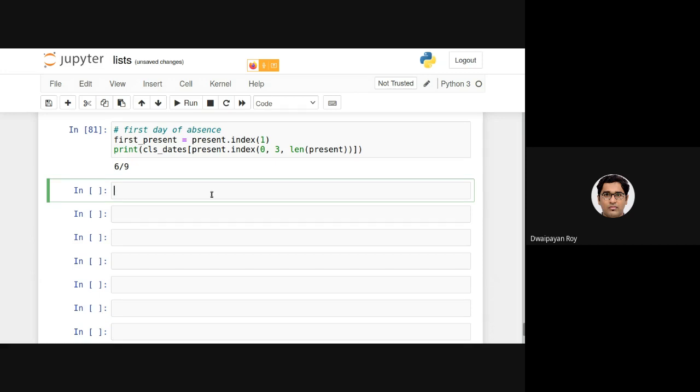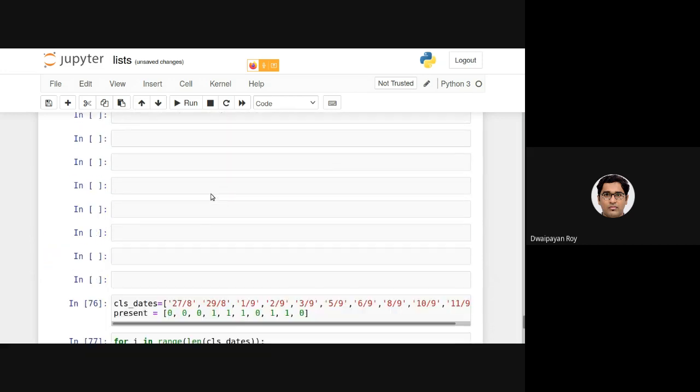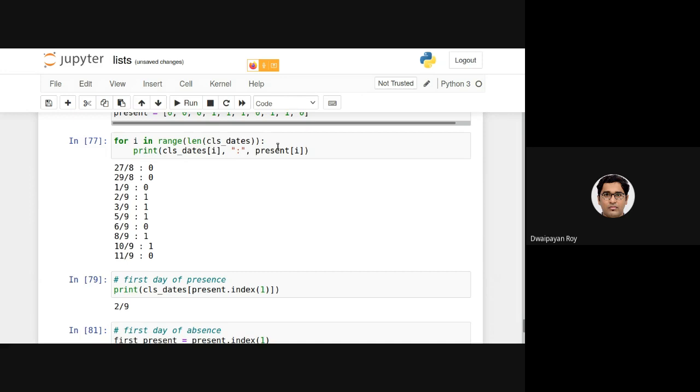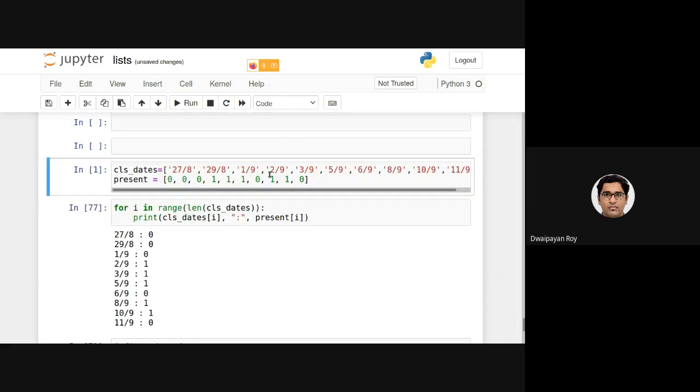I think the present array was declared somewhere. Yes, here. Now I want to get the dates on which this student was present.